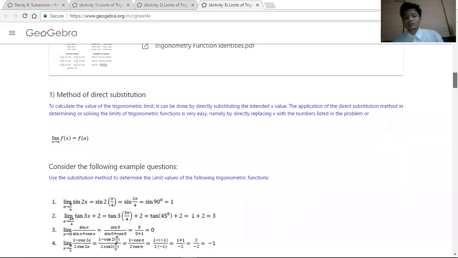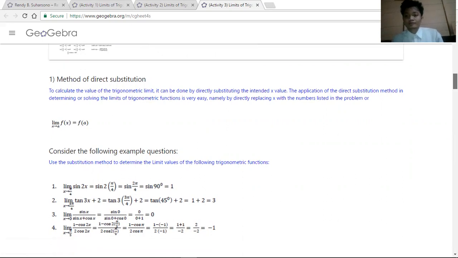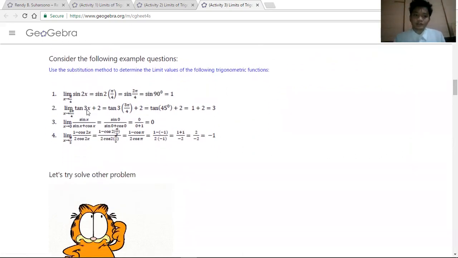The first one is the method of direct substitution. To calculate the value of a trigonometric limit, it can be done by directly substituting the intended x value. The application of the direct substitution method in solving the limit of a trigonometric function is very easy, by directly replacing x with the number listed in the problem. Consider the following example question. Here, use the substitution method to determine the limit value of the following trigonometric function. In the example,